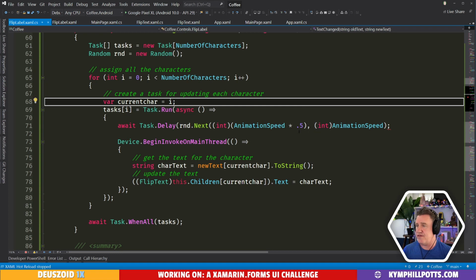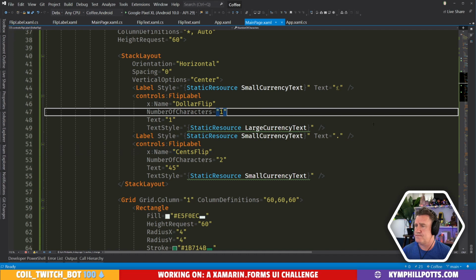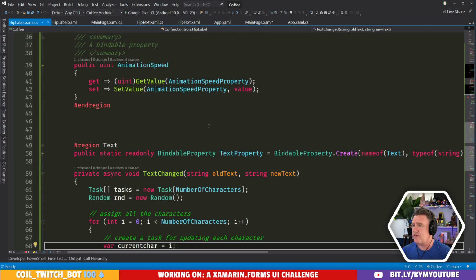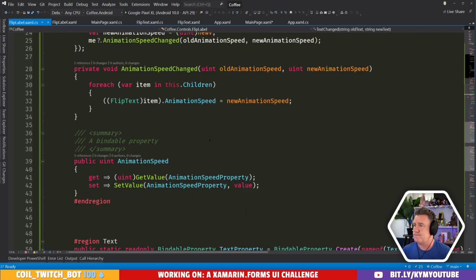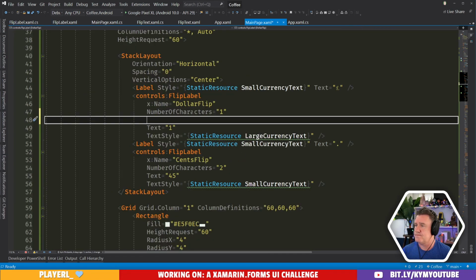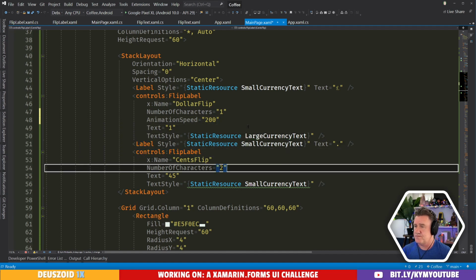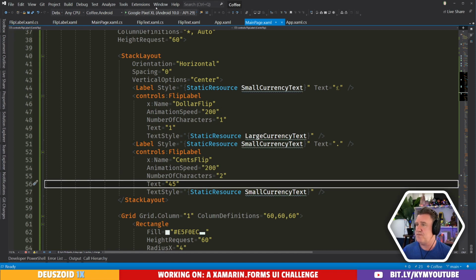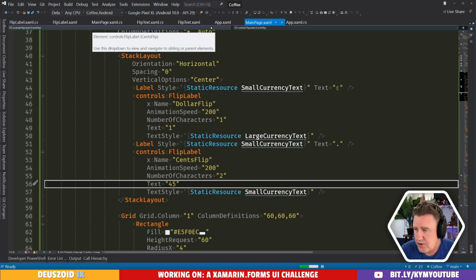Let's try that. And we'll give it a default value, I think. Let's just try animation speed equals, say, 200. Animation speed of this one, we'll make it 200 as well. We'll give that a go.